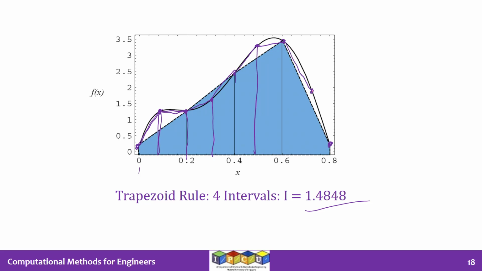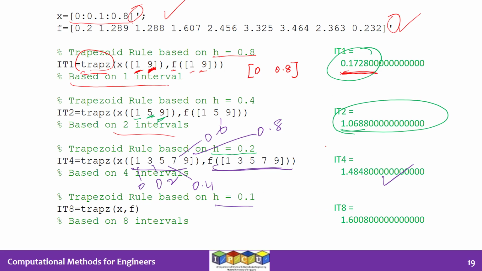So the trapeziums now basically cover the area under the curve tightly. All right, much better than before. Again, there are certain gaps, certain places where it overestimates, but in spite of that, it covers it pretty well. If you had infinite samples, we would get a great approximation to the curve. That is what will lead you to the analytical answer. But here we are working on the basis of just 9 data points, 8 intervals, so 8 trapeziums covering the 9 data points. So I get 1.6008. That's the best value of the integral I can estimate based on h equal to 0.1.